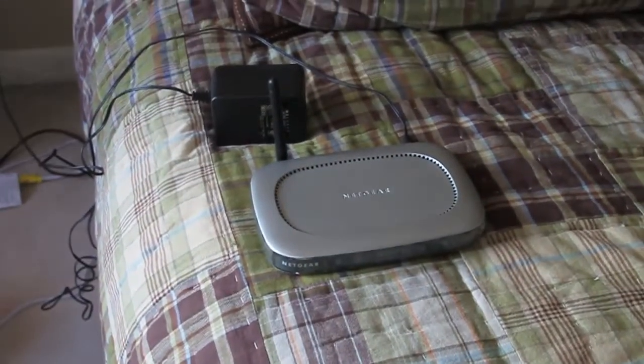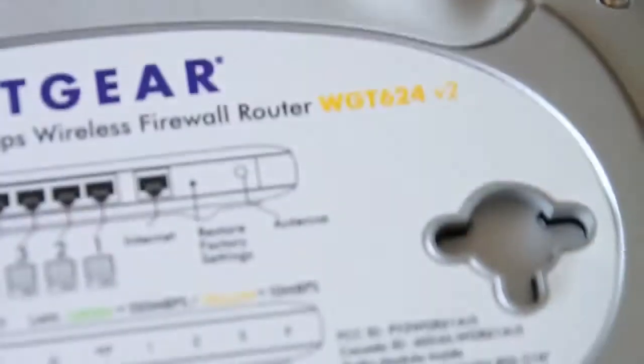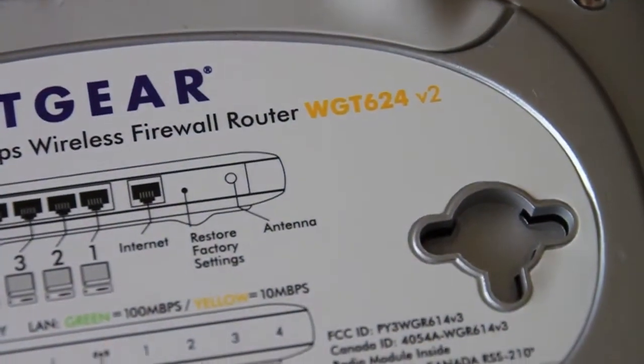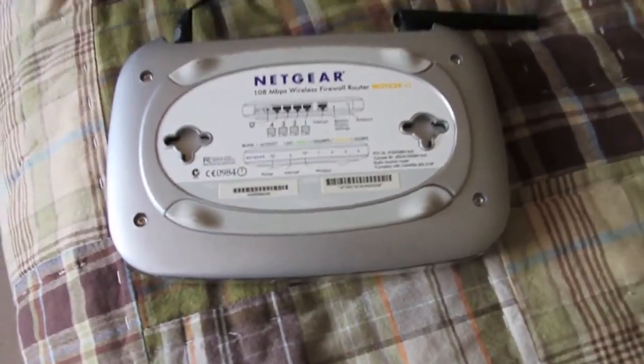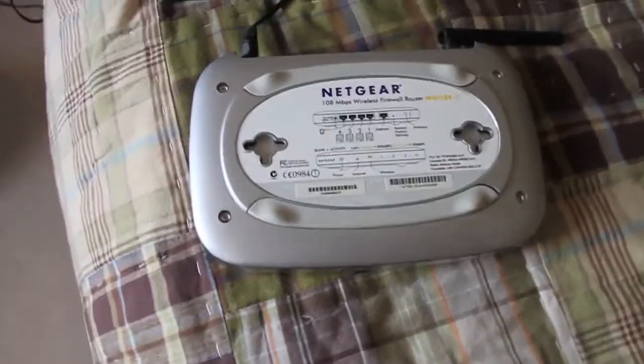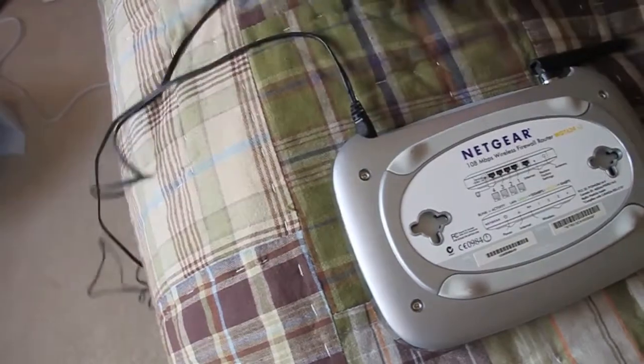Hello viewers, today we have a video on this old Netgear wireless router, model WGT624V2. I looked at this real quick before and I didn't see a date code on there, so I'm not exactly sure when this is from, but